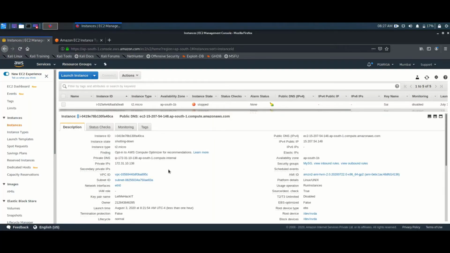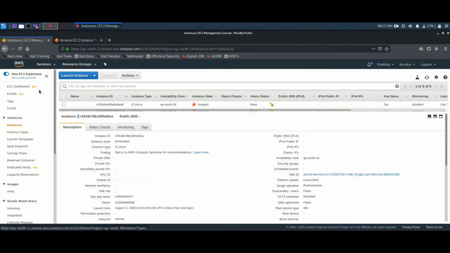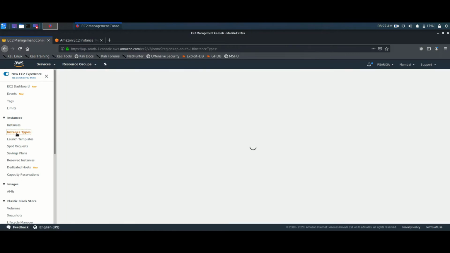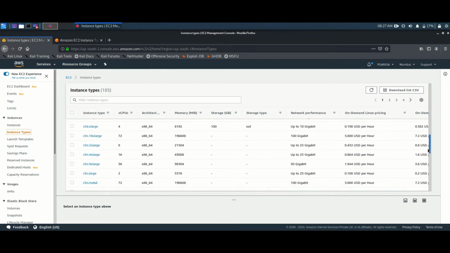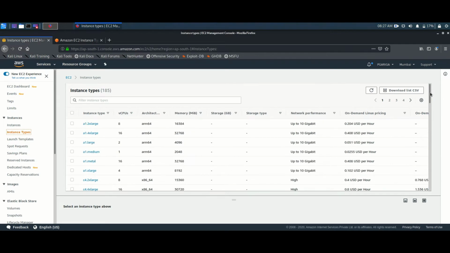In this session, we are going to learn about instance type. So we have an option over here. Once you have entered into our EC2 portal, you will be seeing the instance type option, the second option from your right side. If you click this one, instance type, you'll be seeing lots of options over here, which means we have this many resource types. Once the AWS has a template, in the sense we have like in A1.2x large we have 8 core CPU and 16 gigs of RAM, and we have 10 gigs of network throughput.